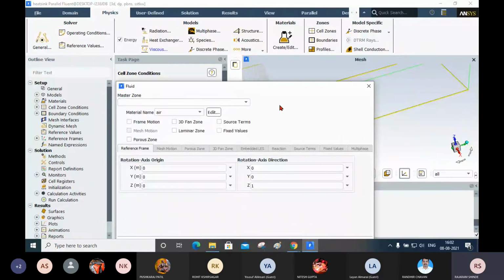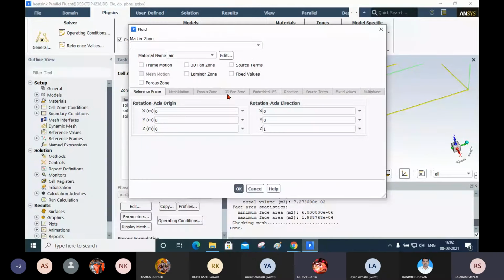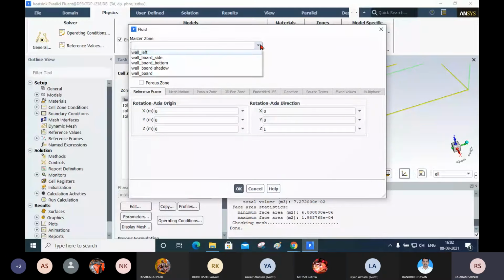now it is not necessary to select the master zone. Okay, now here, so what zone, sir? Yes, so then master zone, it is not for this one, it is for what we can say walls. You can see here wall left, wall board and all these things. Am I right?